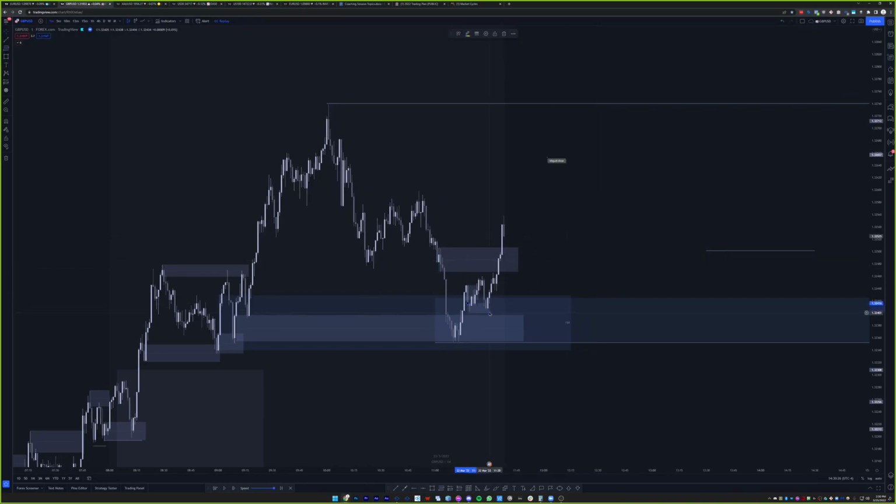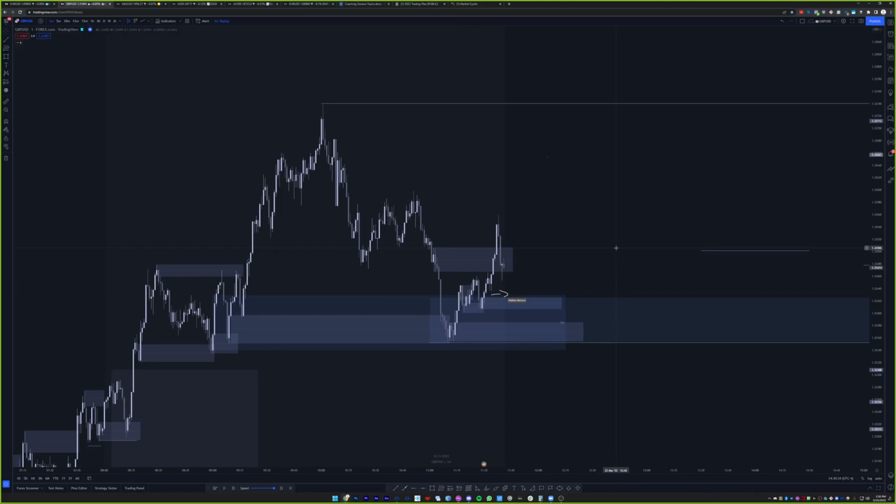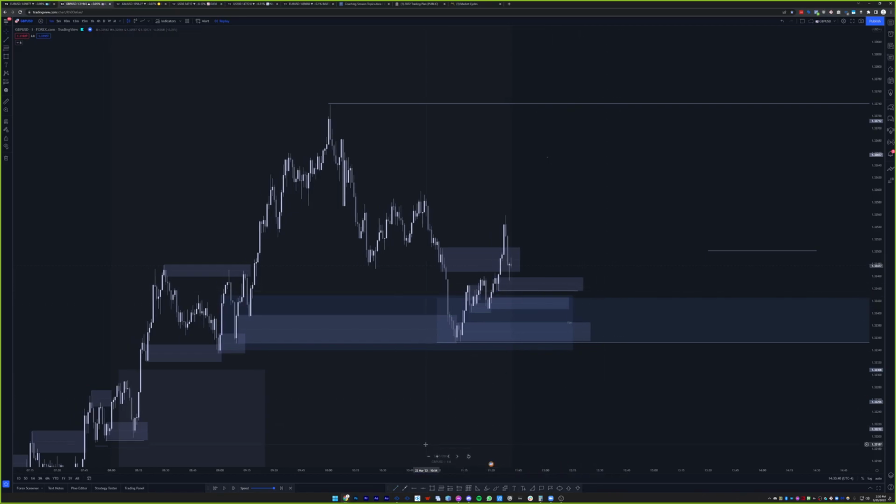Okay, so that's good. Then we have this, and this low here. The price is not sweeping anything. Is this GU? Yeah. I wouldn't take a trade from here. Here though, I might. I would from here. Oh no, yeah, from here no. I'm just marking it out as liquidity.